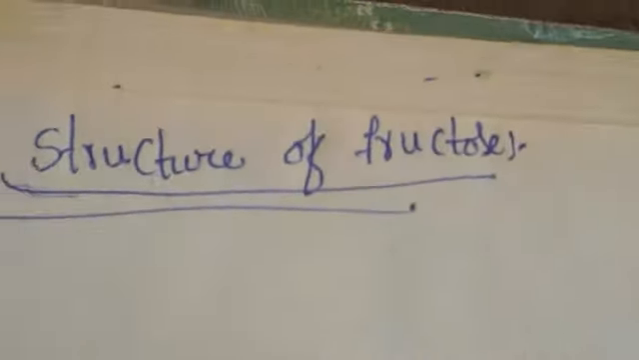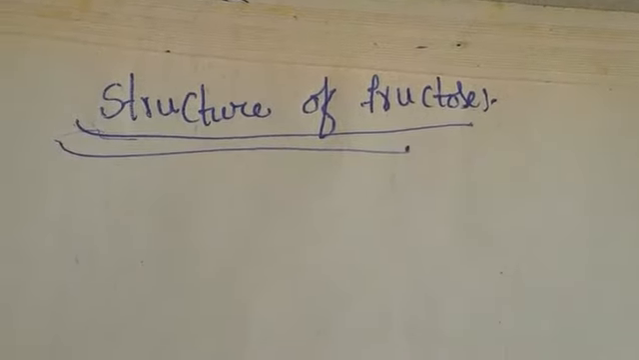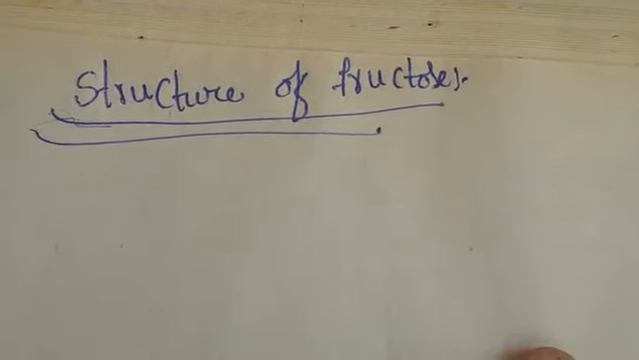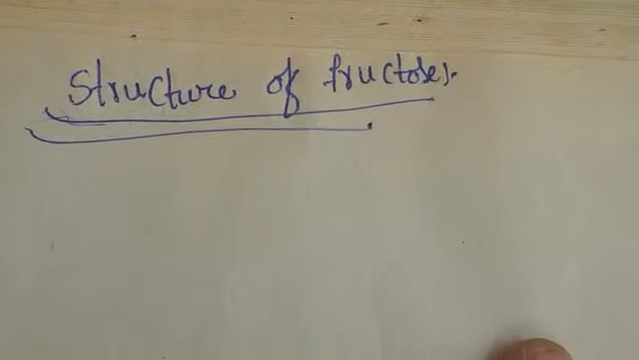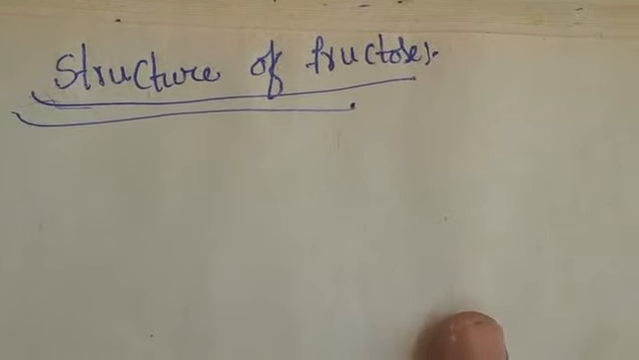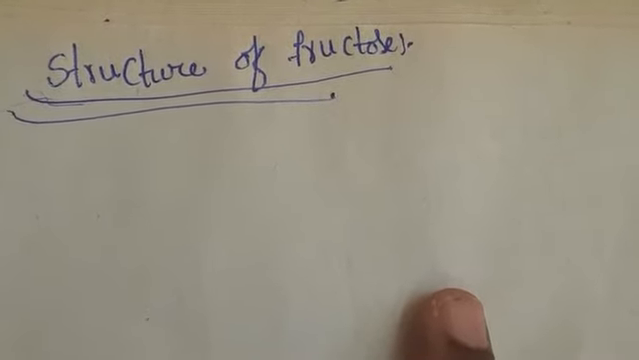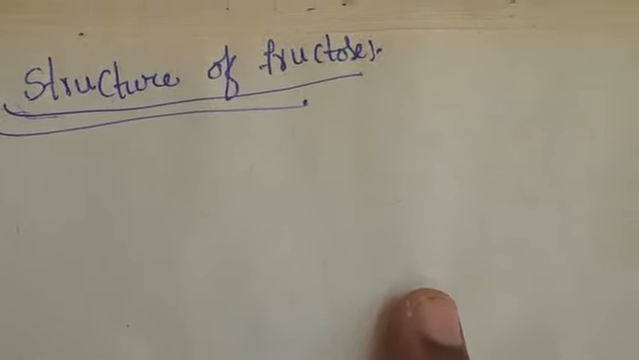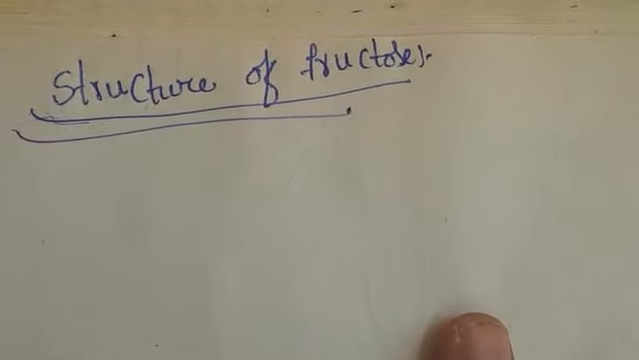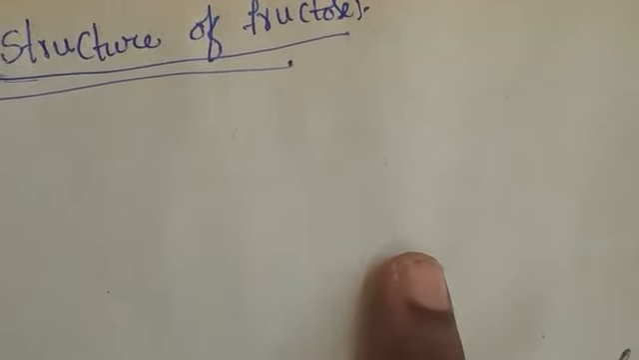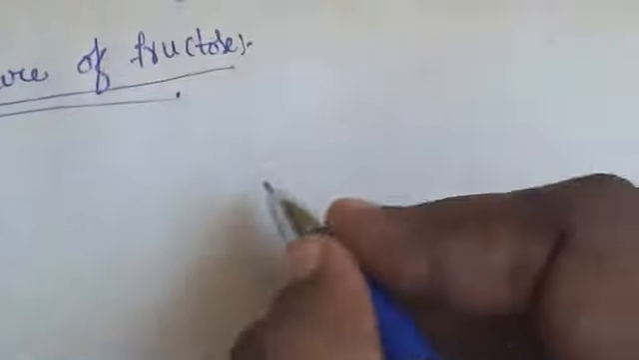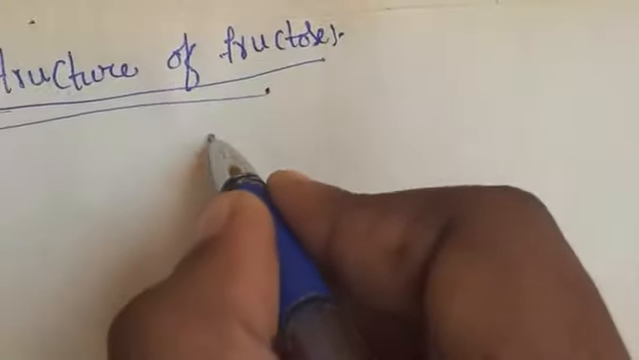Structure of fructose. Before that we have seen the structure of glucose. Fructose is similar to the structure of glucose. The only difference is the functional groups. Glucose has the aldehyde group, fructose has the ketone group. Everything else is the same. So generally the structure of fructose is like this: